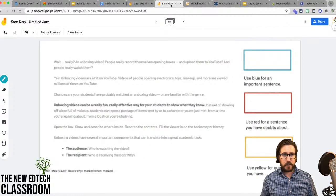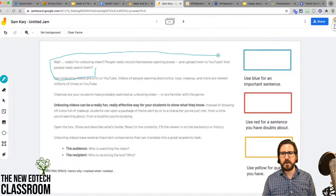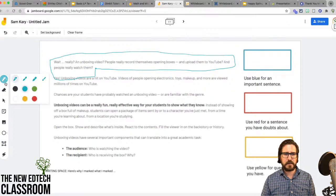Also really useful in Jamboard for doing things like annotating text. So this is one of Matt Miller's templates that we did a video about a couple weeks ago about Jamboard together. If you haven't seen it, check it out. It shows lots of these different strategies. But one of the things he talks about is being able to annotate. So again, this would be particularly useful for students. We're going to do things like box text here as a way to practice. We're going to identify important sentences with blue, and we're going to put a red box around something that we